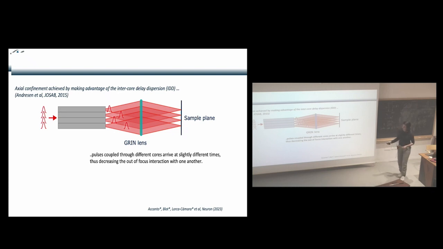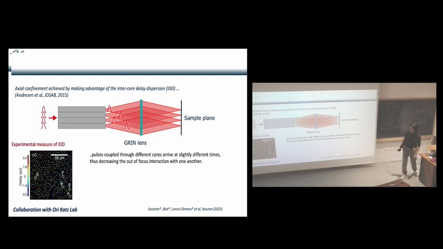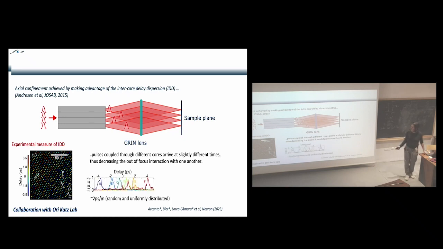This was characterized by Vergniaud many years ago, and something we measured with Oricats, that building up an interferogram, he could really characterize the arrival time of the light at the exit of the fiber bundles. And in principle, for this kind of fiber, this is a Fujikura fiber, it is 2 picosecond per meter, okay? So what does it mean? It's the same story as temporal focusing. If I illuminate a large area, but in fact the cores are never sending the light at the same time,